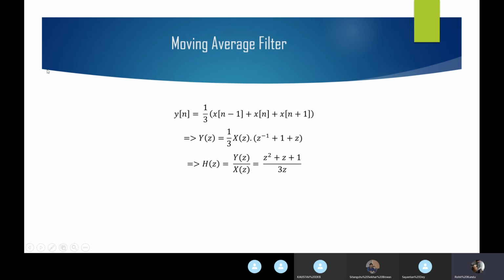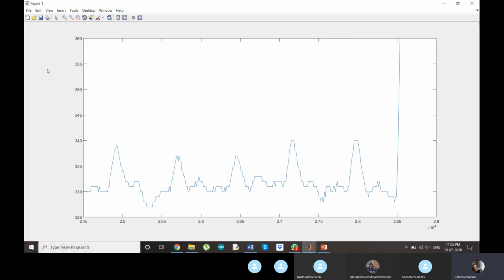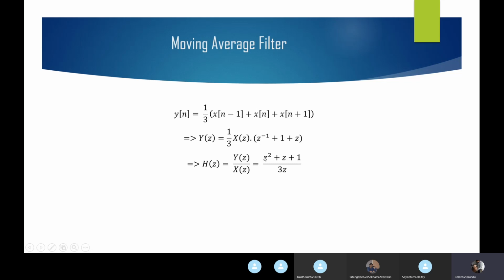Instead of the raw data points, we will now have data points that are the average of a past value, a future value, and the current value. So here the window size is 3, because I've just taken one past value and one future value. So we can take even more. I'll show that to you.